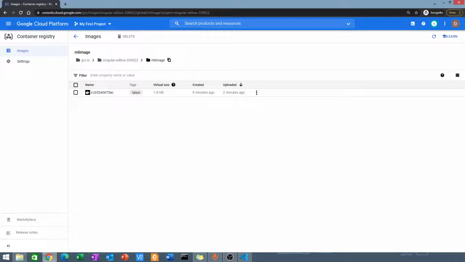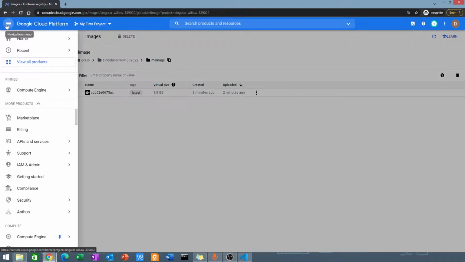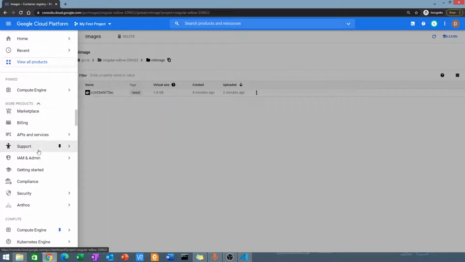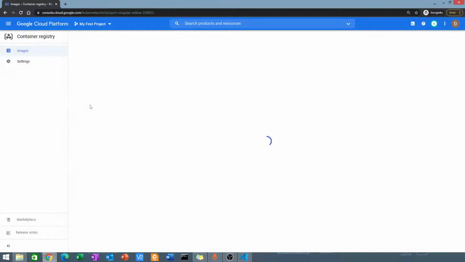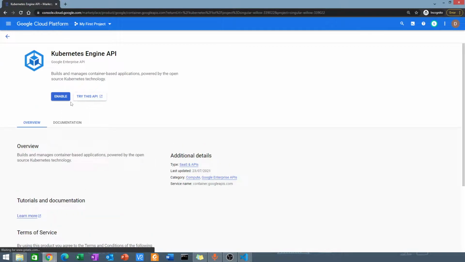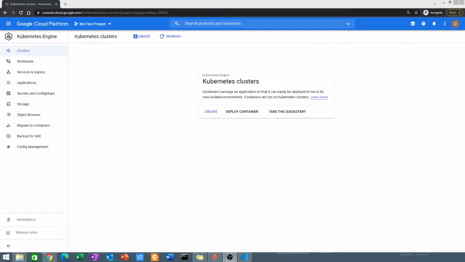So let's go ahead and set up Kubeflow. To set up Kubeflow, we need to set up a Kubernetes cluster. So I'll go down to Kubernetes Engine and then click Clusters, and then enable the API, because I haven't used it for this account before. So the API has been enabled. Then I'll go here to create,